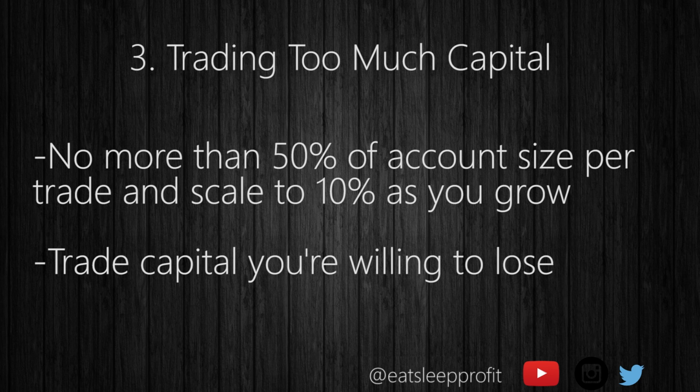So some people have to start with, let's say, 1,000, 1,200, 1,500, or whatever. With that, if you're only trading 10%, you're only going to be trading $150 maximum, which means you're not going to make any profit off of anything, rarely past commissions. So I usually like to bump it up to no more than 50% as you first start off, but as your account grows and grows, you want to scale back to 40%, 30%, 20%, 10%, etc., until the point where you're out of PDT, where you can just trade 10% like it's pretty much nothing.